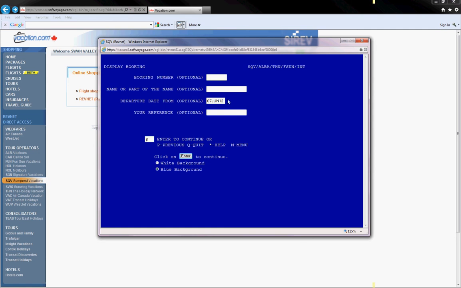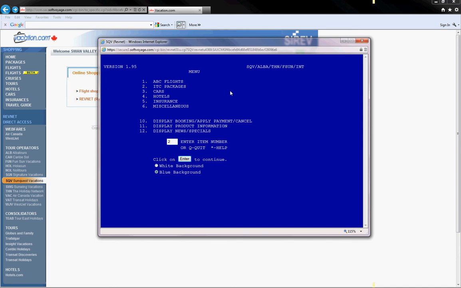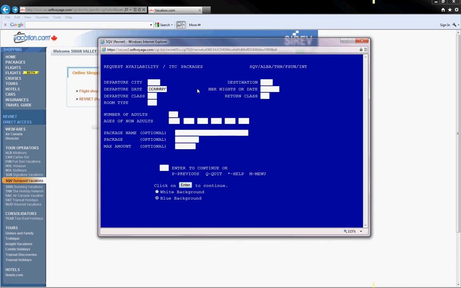If we go back to the main menu, I'll just show you how to pull up from scratch some information. If we don't already have the information that we've asked for from the other screen, this is where we would put in the airport codes. So if we're going Winnipeg to Cancun, you have to know your airport codes. You'll put in your date. And your duration, you can put in 7, 14, whatever it is. Your room type, the amount of people traveling, and then you have to put in the 9s, so it'll give you the rate. You press enter,